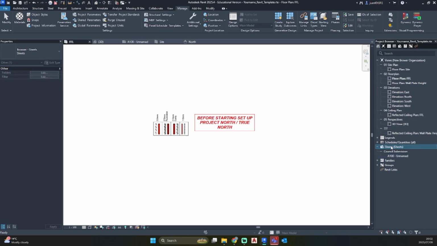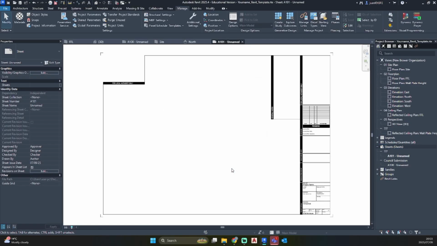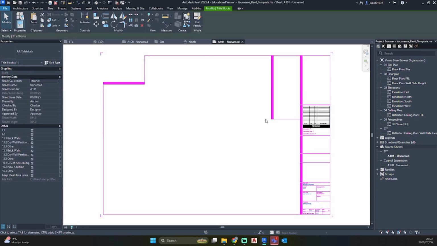So if we go on sheets, right click, new sheet, select your title block, and you'll see the new title block doesn't have a category to fall under. So you can just go and click on that title block. Let's say you want to use this specific drawing for something else.